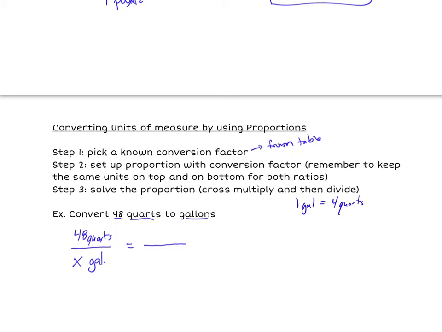So because gallons is on the bottom, we want to put the 1 gallon on the bottom and the 4 quarts on the top. Now that you have 3 of the 4, you would multiply on the diagonal, and again, not always going to be those two. Sometimes it's a different diagonal. So we have 48 times 1, and that equals 48. And then with whatever number is left, in this case we have the 4 quarts, we're going to divide. So 48 divided by 4, and that equals